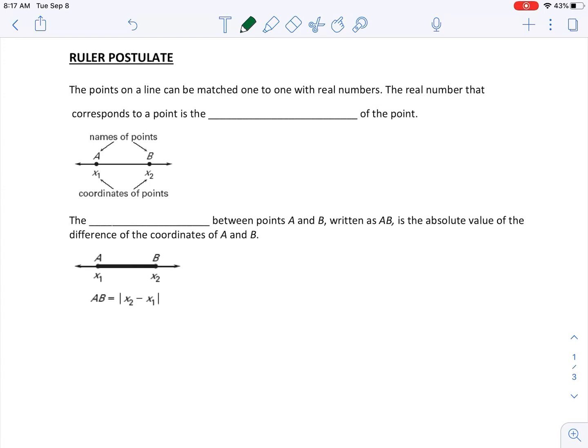It's called the ruler postulate. The points on a line can be matched one to one with real numbers. The real number that corresponds to a point is the coordinate of a point. So I'm going to write coordinate of a point. So basically what we see, and you've seen this before on any kind of number line, if we were to have these 2 points here,